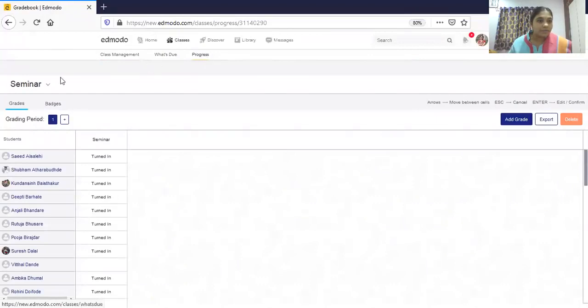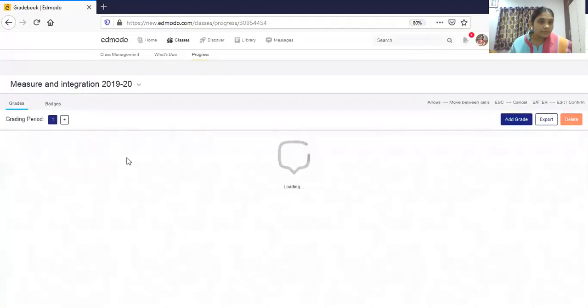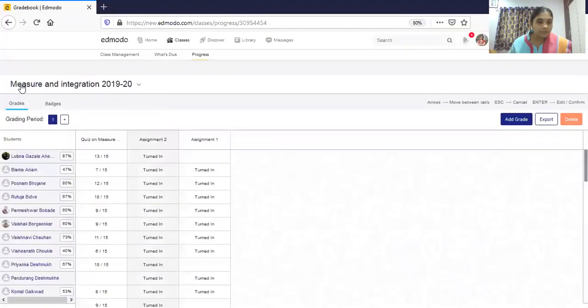If you select the class, this is my earlier class, measure and integration, where I have given assignment 1, assignment 2, and conducted one quiz also. You can see that for the quiz, automatic grading has been done. For assignments, I have not yet graded them.